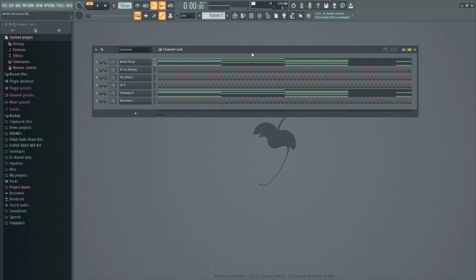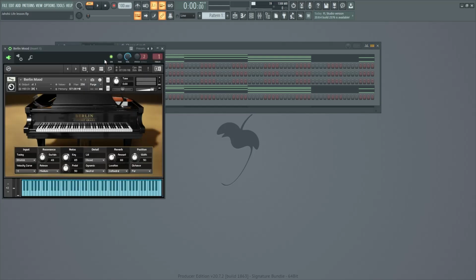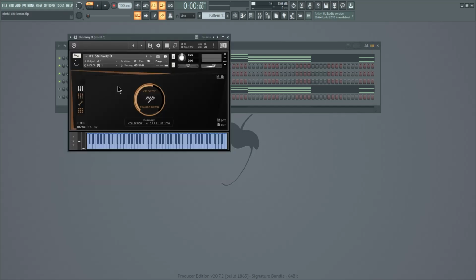Now we're back in FL Studio, and what I'm going to do is show you a variation of that particular beat so that you could see how that beat was constructed in a similar manner to that song. For the first sound here, I have Berlin Grand Piano, in which I selected the Berlin Mood library to give it a warmer tone, but the piano in the actual song itself is bright, and I have layered it